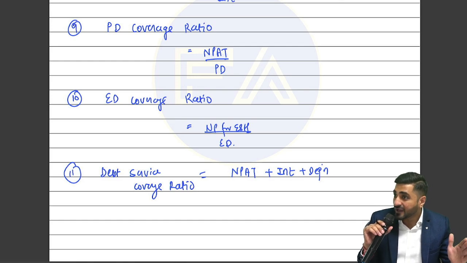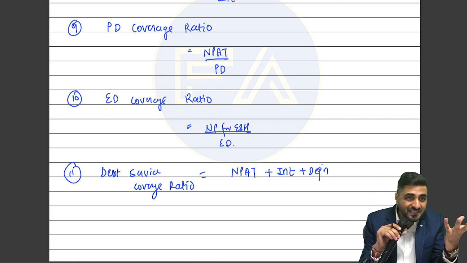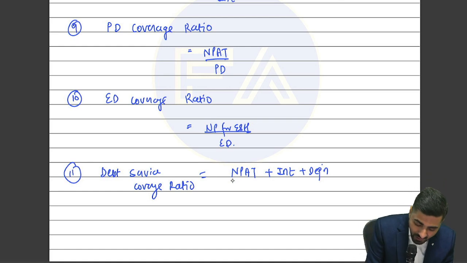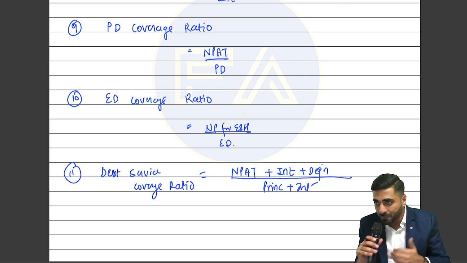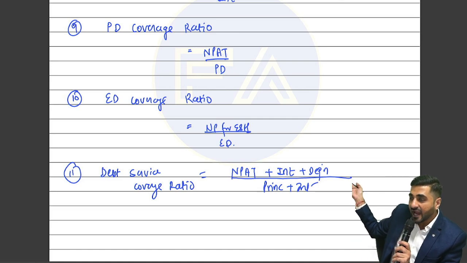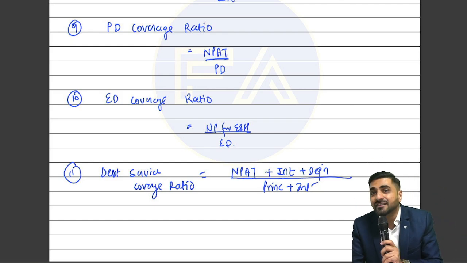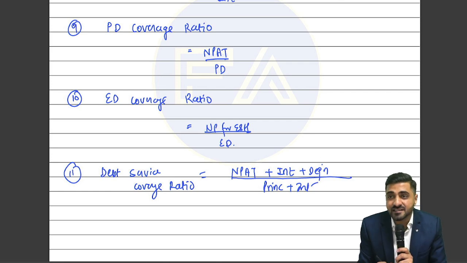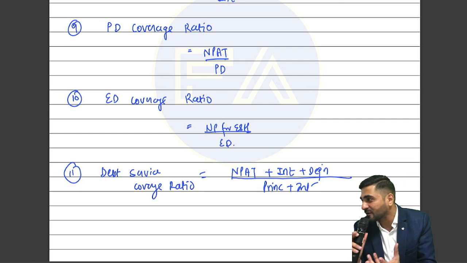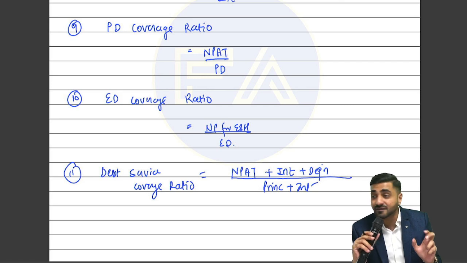Yes. So that's why from the NPAT, I will add back the amount of interest. So I can come to know what are the profits I have to pay my principal as well as my interest. So I have to pay principal also, I have to pay interest also. So I need to check what is the profits which I have. And in NPAT, interest is already subtracted. So what do I have to do, beta? Add back the amount of depreciation. That together will give me the total cash profit, which I'm going to divide with what? Principal plus interest. Will this give me the debt service coverage ratio? Come on, yes or no?